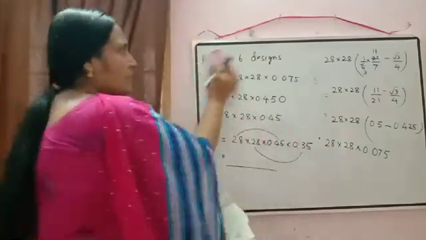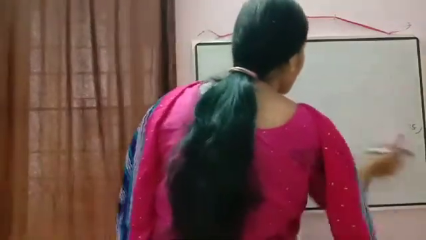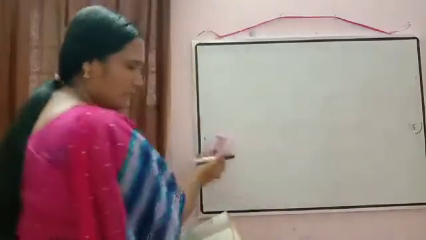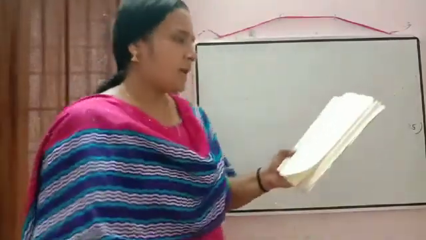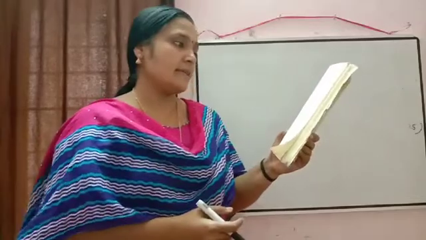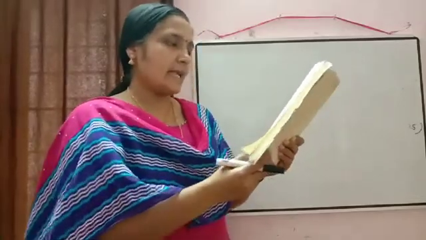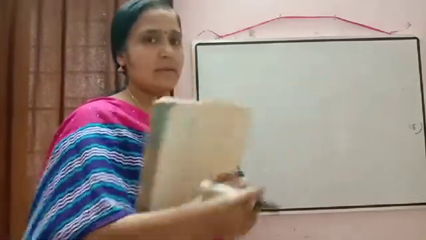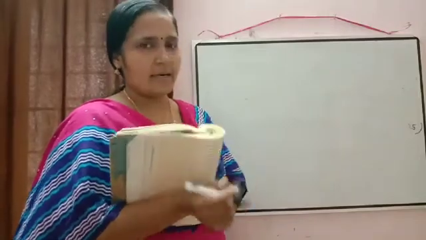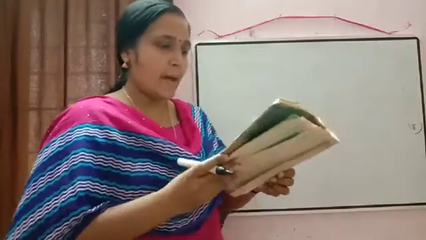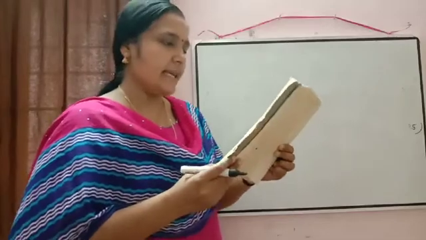Okay. Now we'll check the next question. Next question from your textbook, that is a multiple choice question. Okay. What is written in this way? It is written, take the correct answer in the following. Area of sector of angle P. So in place of theta, now here it is given central angle is P of a circle with radius R.